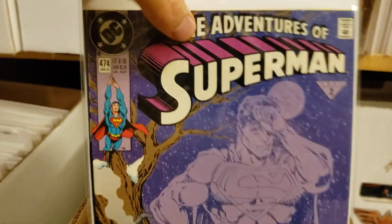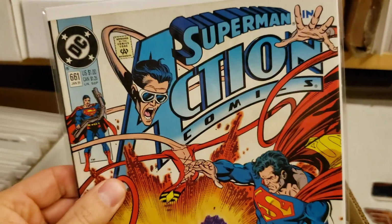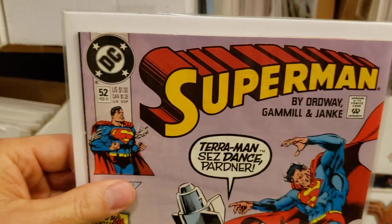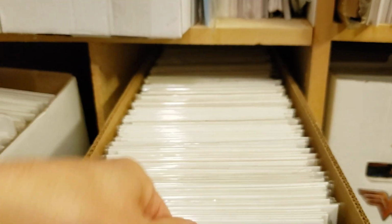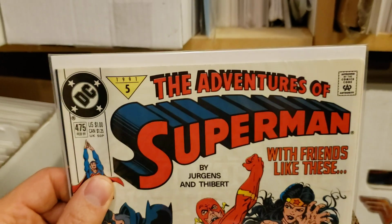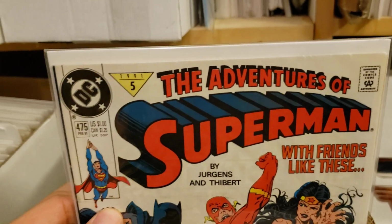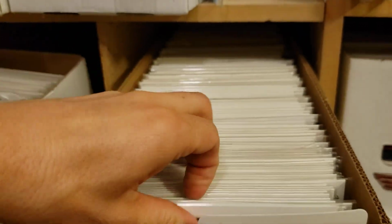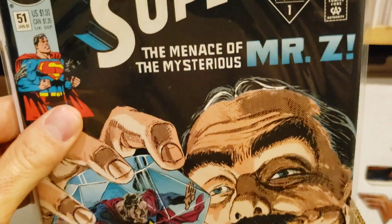Superman Adventures of Superman issue 474. Action Comics number 661. Superman number 52, right? So you're like, what, wait a minute, what is going on? Why are you just having random different runs every other book, or whatnot? And it's because in 1991,